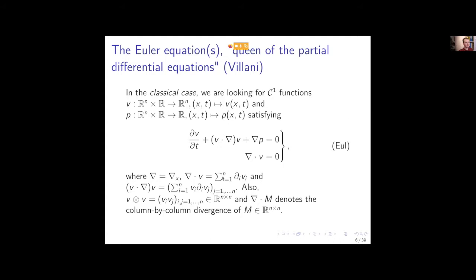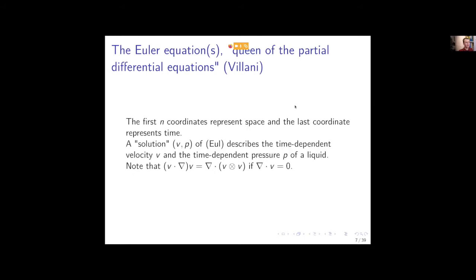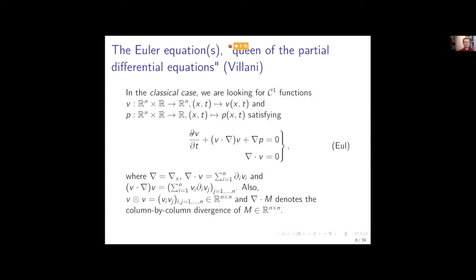I will talk about what they mean and why these equations are the way they are very soon. So what do we have here? The physical interpretation that is interesting is that v is the velocity of a particle at space x and time t, and p is the pressure at that point x and time t. So let's go on very quick. These are the equations to keep in mind. Again, I will talk about some properties of these and why they look the way they do in two slides, I think. But this is the important part.